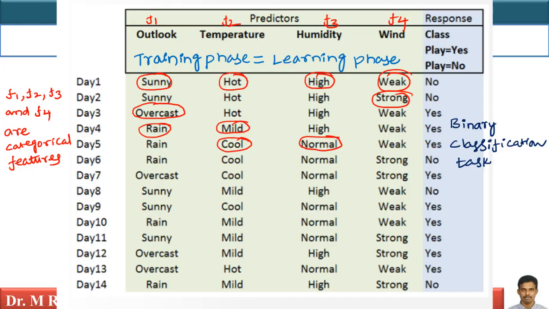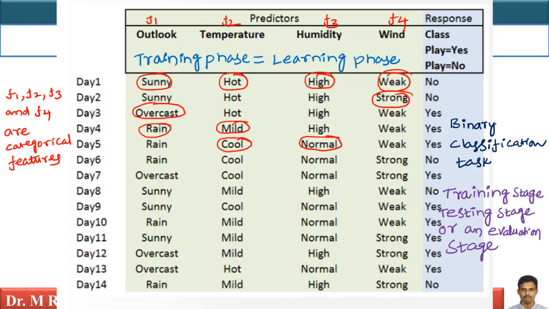This is the problem at hand. For every problem, there is a training stage and testing stage. There are 2 stages, training stage and testing stage. People even used to call it the evaluation stage. Recall, for k nearest neighbors, there is no training stage. If you use a KD tree, building a KD tree is a part of training. Test is basically, given a query point, we want to evaluate to what class it belongs. This training phase is also called the learning phase.